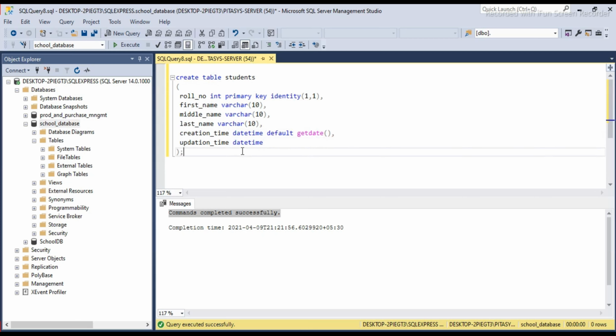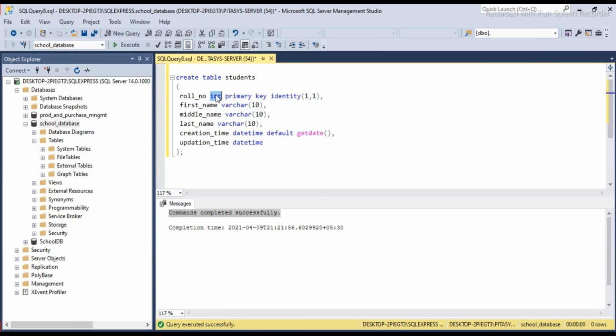Okay. Now our query is prepared to create a table with the name Students, having these fields: roll number, first name, middle name, last name, creation time, updation time. To understand the syntax, this is the field name that we specify as per our need.